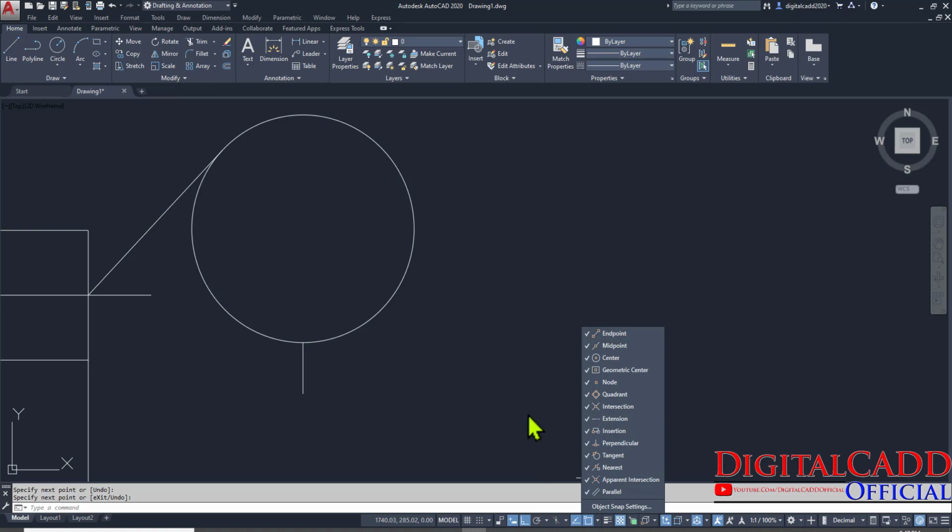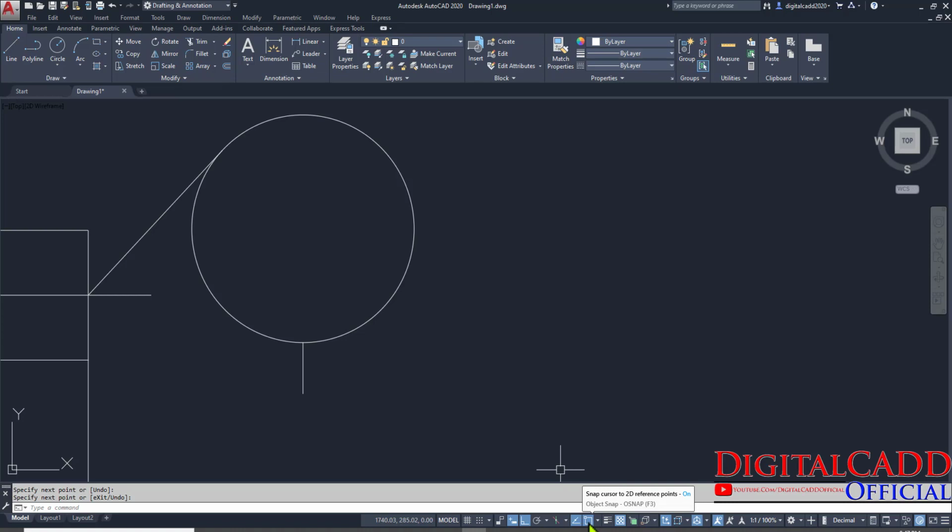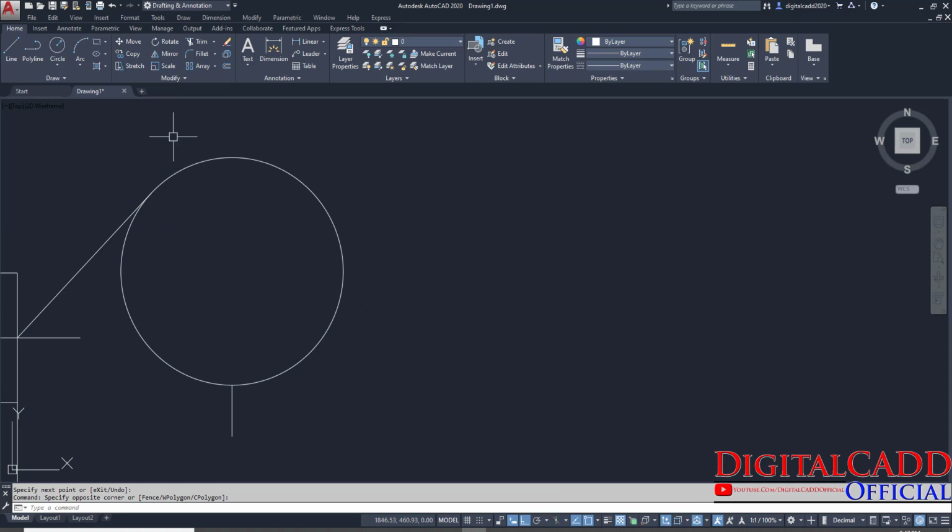First of all, the four buttons in this status bar are important. The first one we have discussed now. The second one is object snap tracking. What does it mean? It means suppose we are drawing a line. You can see a horizontal green dotted line appears, and once it appears then we can draw a line like this. We can track from this point too, like this, and from this point too. You can see a green horizontal dotted line. It means we can draw from exactly the midpoint of the vertical lines.